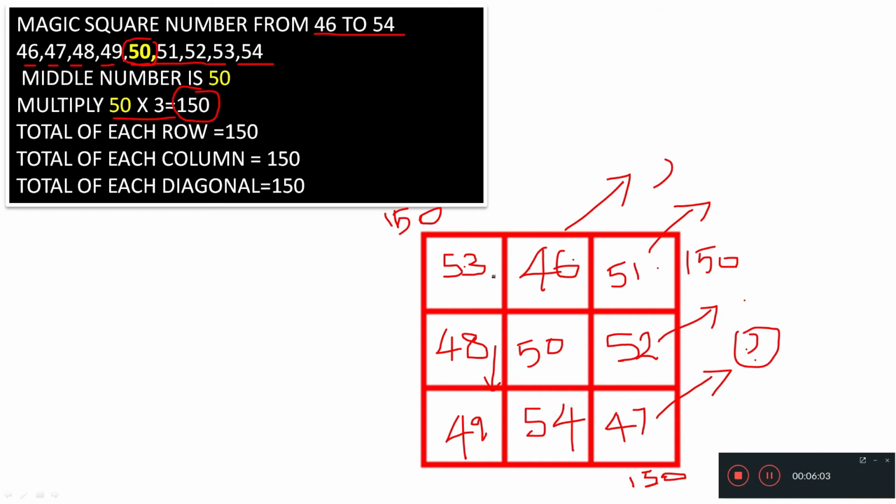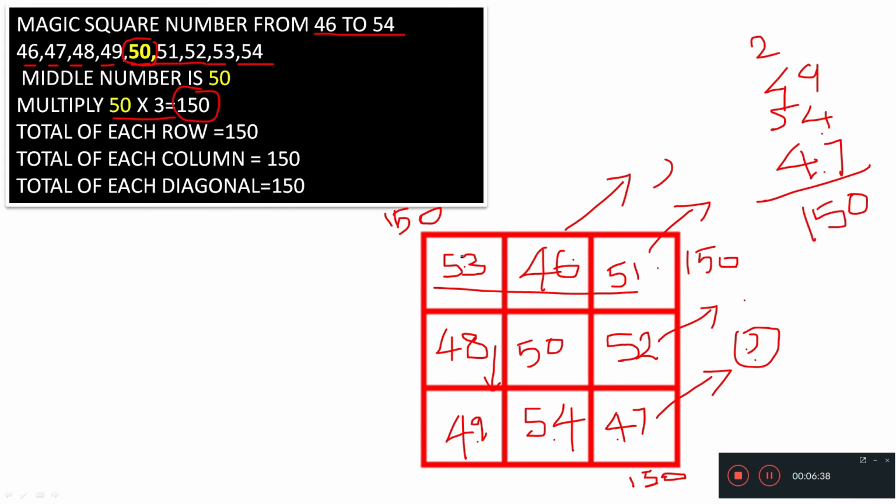Now you check, you can add all the three numbers. In the first row you will get 150, the second row you add 150, the third you can get 150. So just add and check it. 49, 54, 47. 7 plus 4, 11. 11 plus 9, 20. 4 plus 4, 8 plus 2, 10. 10 plus 5, 15.